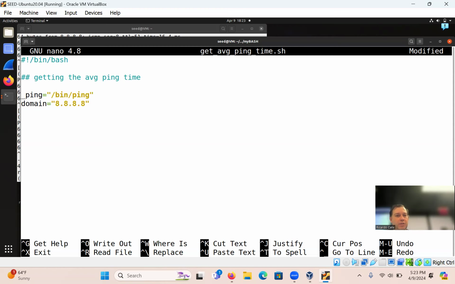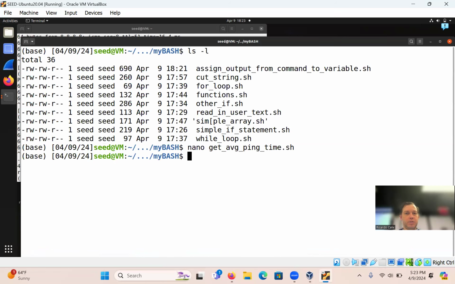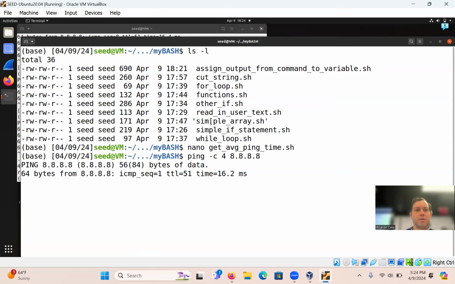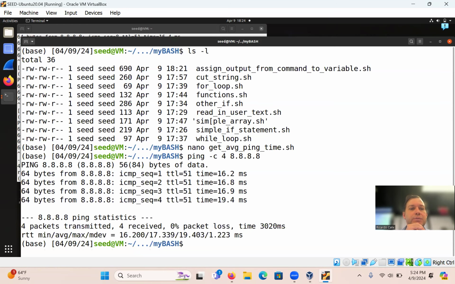Let's actually try this on the terminal first. It would be ping 8.8.8.8, and we need to tell it how many. That's dash C, I think. Okay, that's 1, 2, 3, 4. We did 4 of those. That looks good. What does the dash Q do?